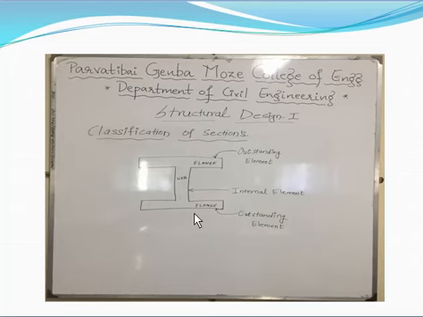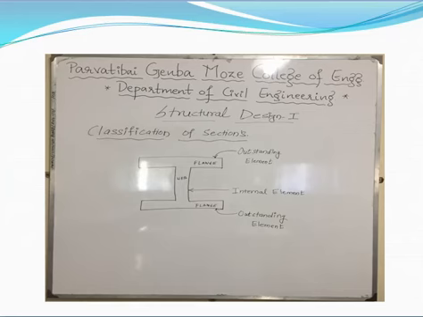In these, the flange portions or flange elements are called the outstanding elements. This one, outstanding element, flange portion. And this web is called the internal element. This web is called the internal element. Now this is why we have chosen this: the flange is the outstanding element and the web is the internal element. Now see the definition of these elements.